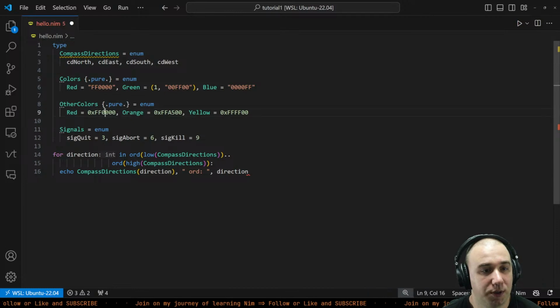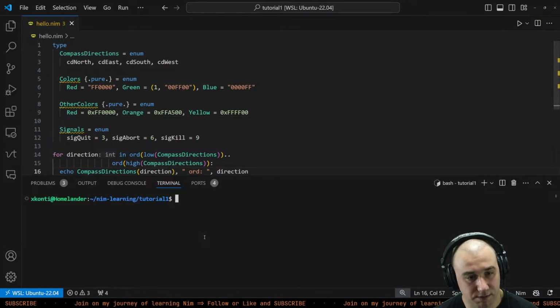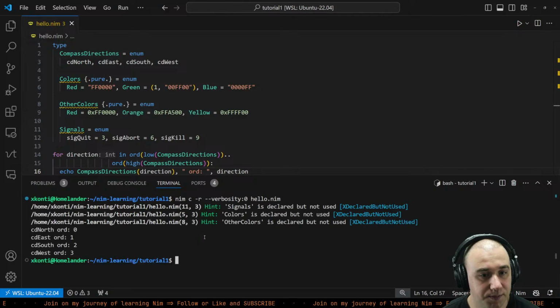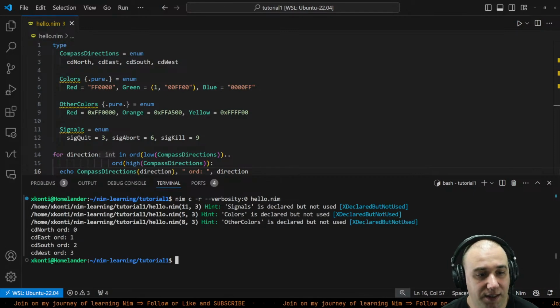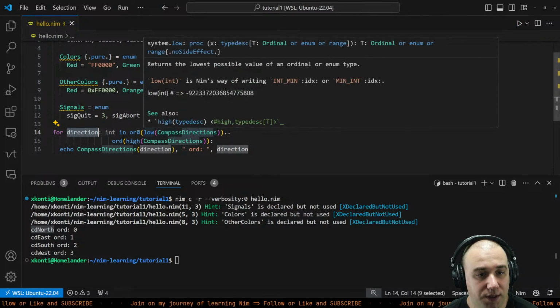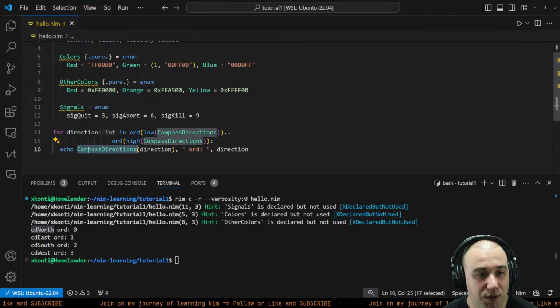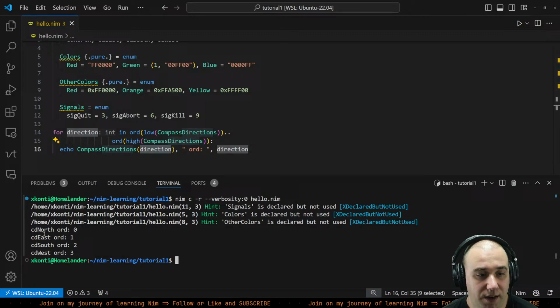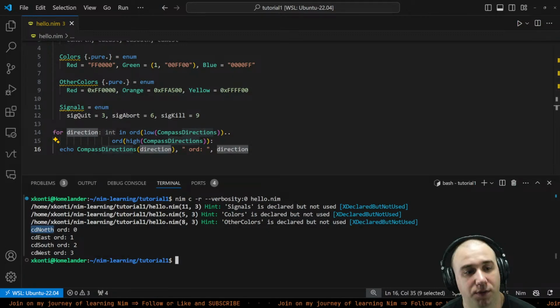This one's pure, this one's pure too. We save it, and when we run it, we get the name of it, 0, 1, 2, 3. So we called here, this is 0 for the first one, the lowest. And we call compass directions and 0. It will just give that as that thing. And by default, that will be